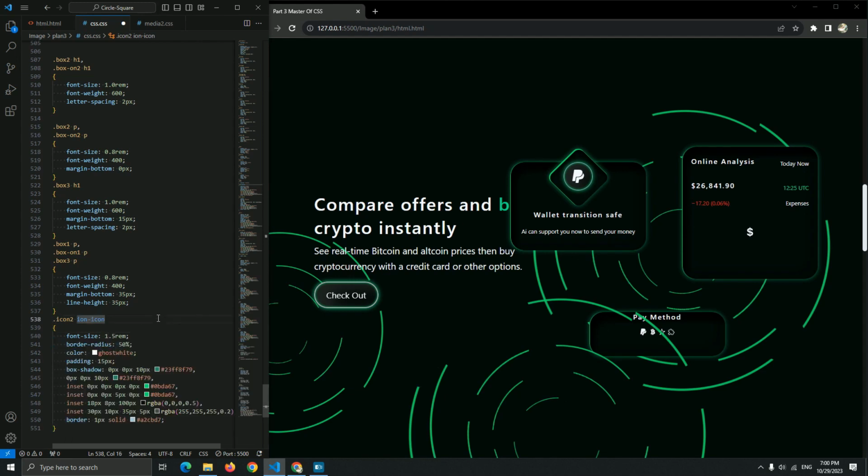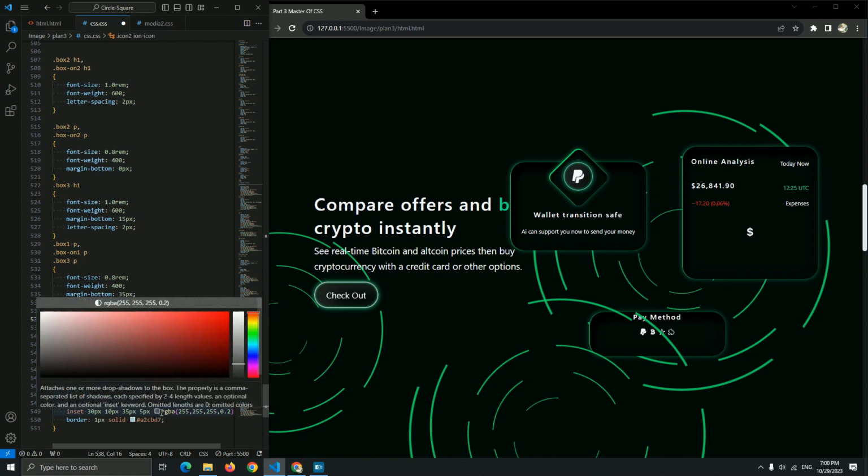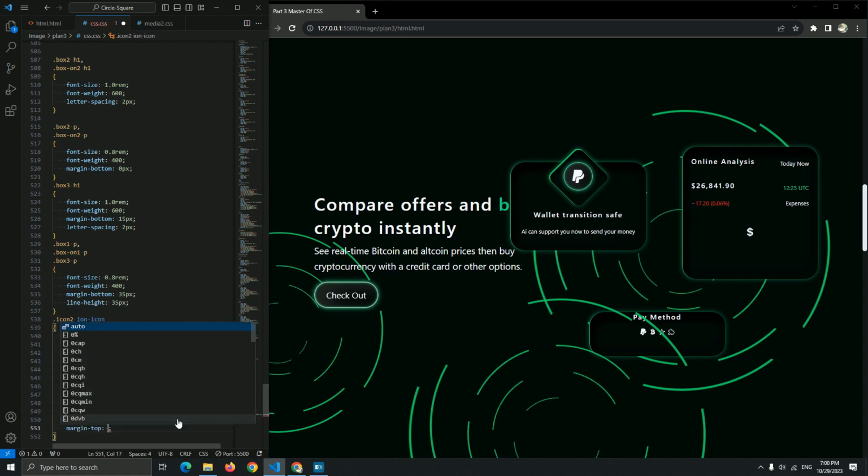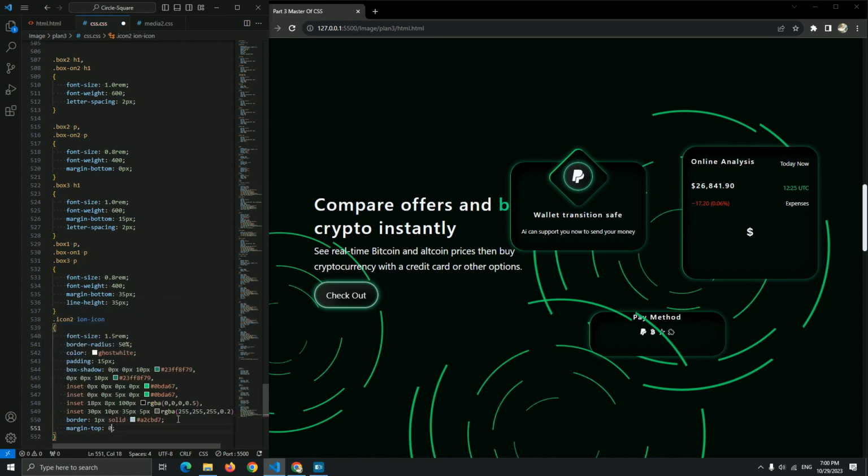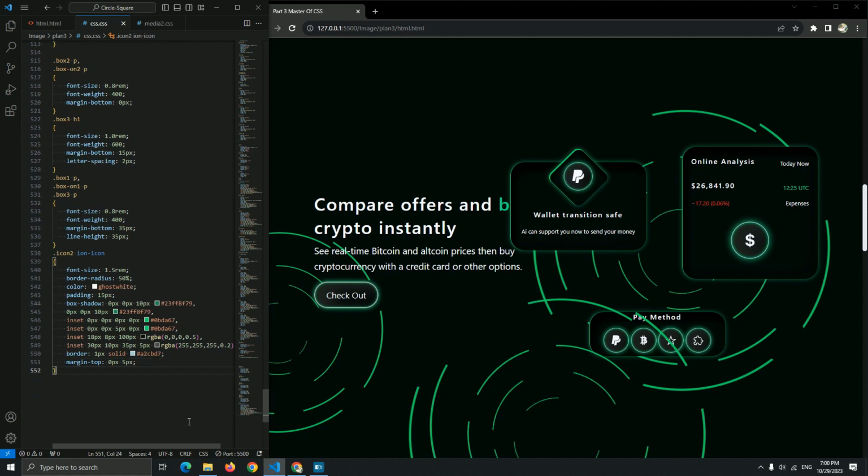The border radius is the same, everything is the same, we don't need to change it. Let me add a margin of 0 pixel and 5 pixel for the left and right. Yeah, now I think it's better, guys, as you can see right now.